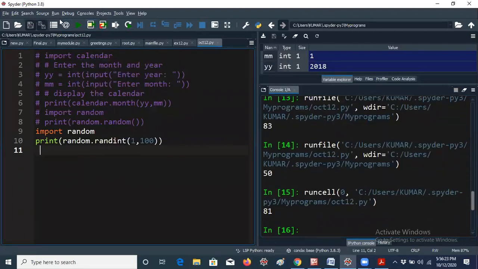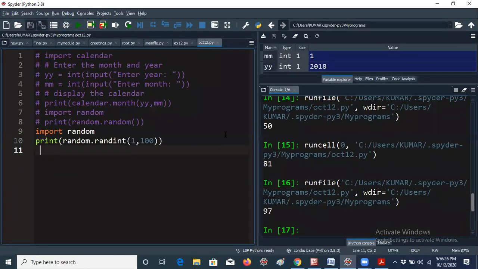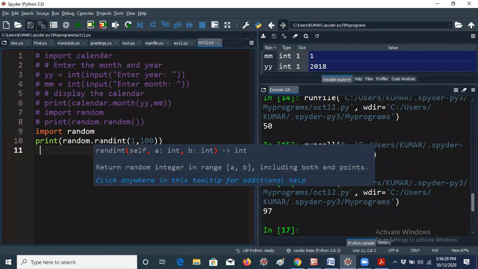Every time I am getting a different result. You don't need to remember all the things. You just run the program, you will get a different result. So random is nothing but it will get the random numbers. We already have one question in our lab programs also, but it was done in a different way, of course. But you can also use it in this way. That means if you are using a predefined method, you can use it in this way.